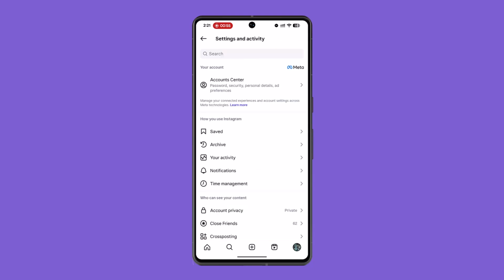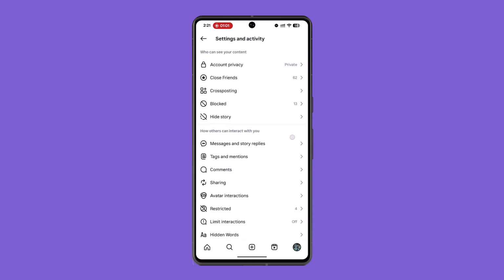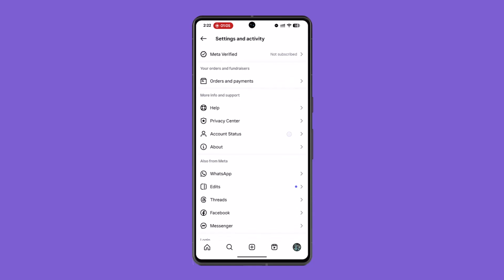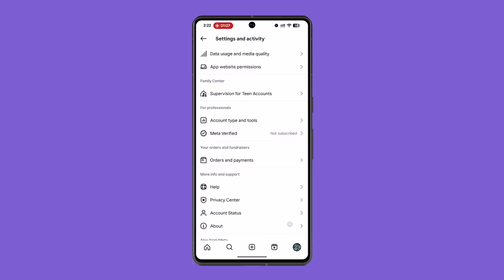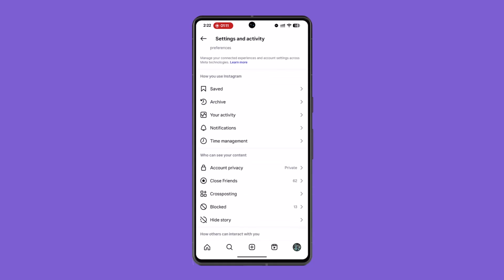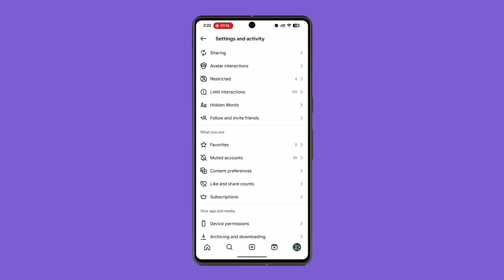tap on the menu bar from the top right hand side corner, and then you want to go ahead and click on your activity, or you could just go ahead and locate status. All right, so when you look for the status section, you just need to make sure to toggle the button for that. That means you'll be able to turn offline, and that is how you'll be able to use Instagram offline, appearing